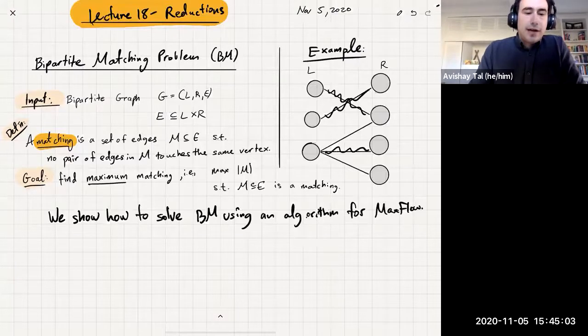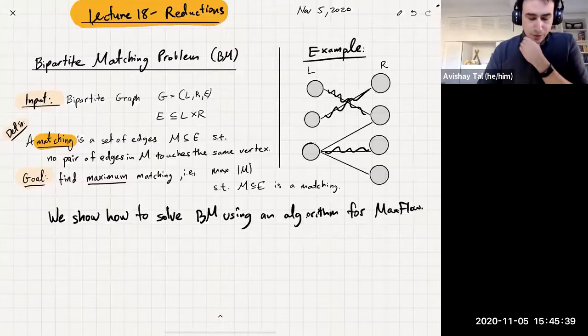And the goal is to find the matching that has the maximum number of edges. So we want to maximize the size of the matching, the number of edges, and we want to satisfy the property that this is a matching, meaning that every vertex touches at most 1 edge. It could be that some of them touch 0 edges, but it cannot be the case that one vertex touches more than 1 edge in the matching. Okay,